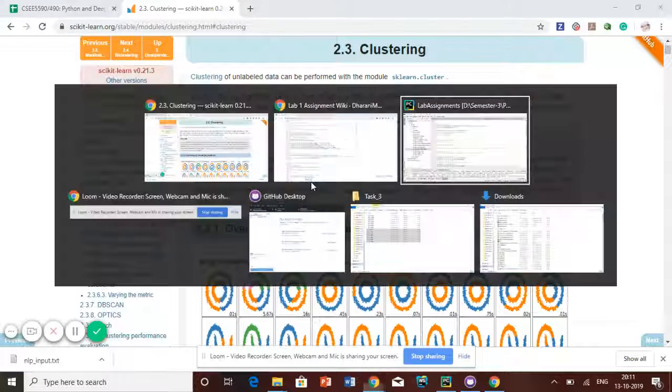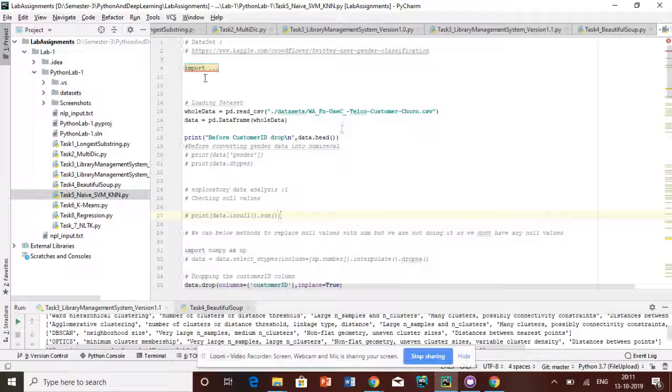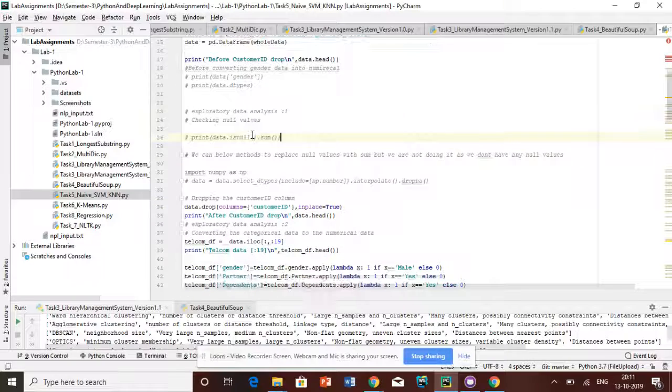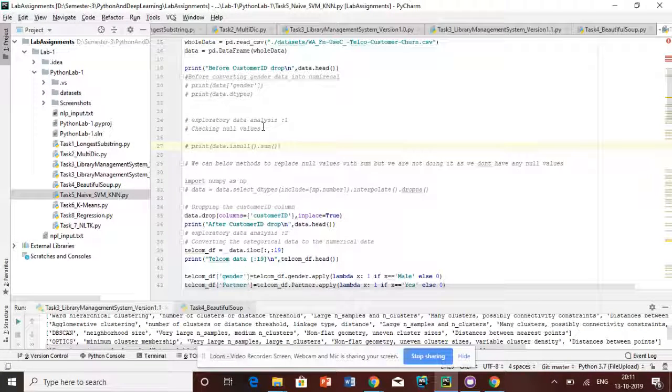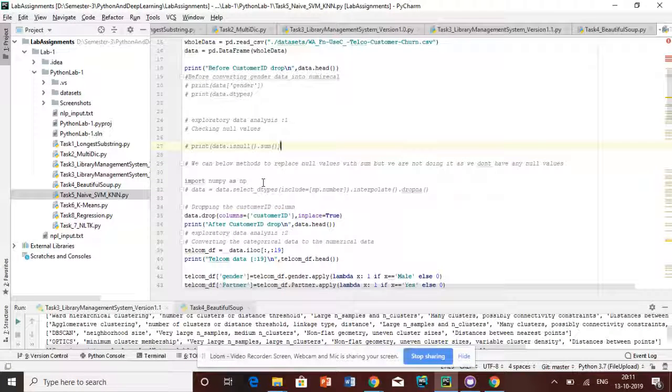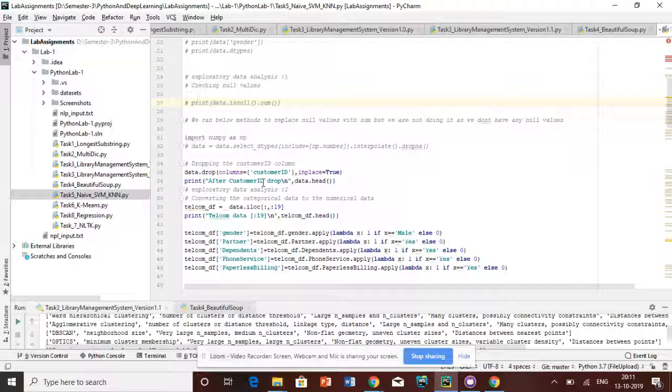So for this, initially I have imported the packages which I need, and then imported all the libraries, and then loaded the telecom customer details dataset using the pandas library, and then replaced the empty values in the total charges column with NaN, and then dropped the fields with NaN value. And then I've also dropped the customer ID column, which is not necessary for classification as it is a random